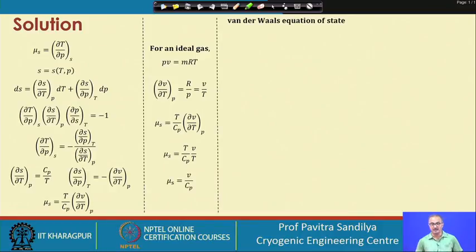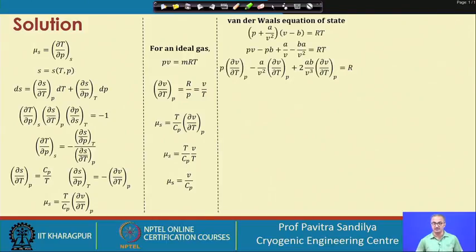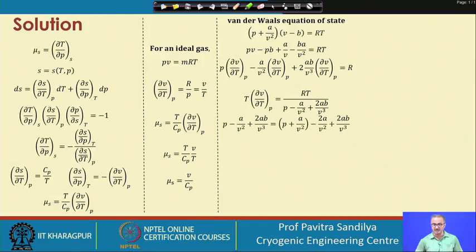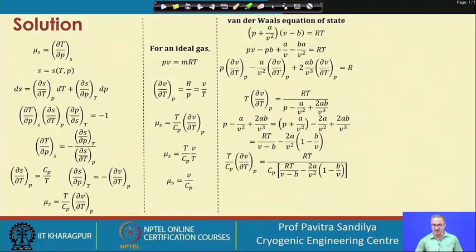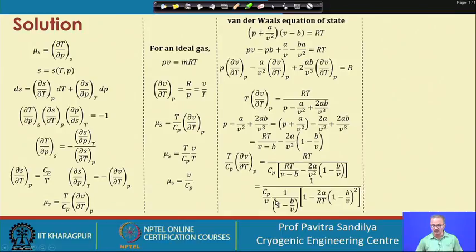Now, we consider the van der Waals equation of state. In this, we write the expression like this, and here again we take the derivative with respect to temperature at constant pressure, and then we get this expression, and we take this denominator and rearrange it, and we find that on rearrangement we get this particular expression for the right hand side of the isentropic expansion coefficient, and that is how this leads to this expression for the isentropic expansion coefficient using the van der Waals equation of state.